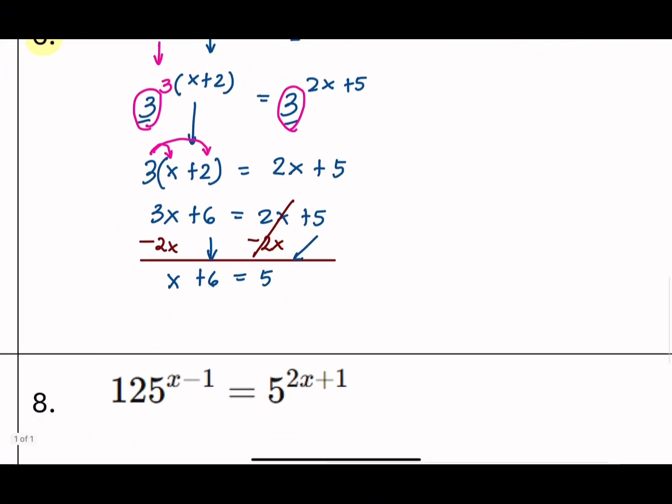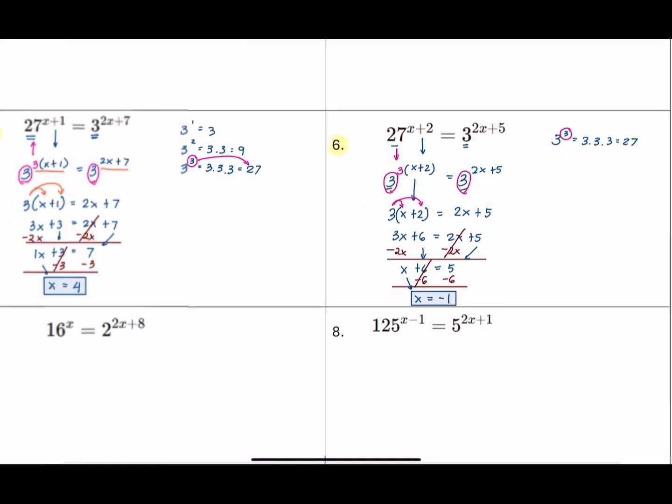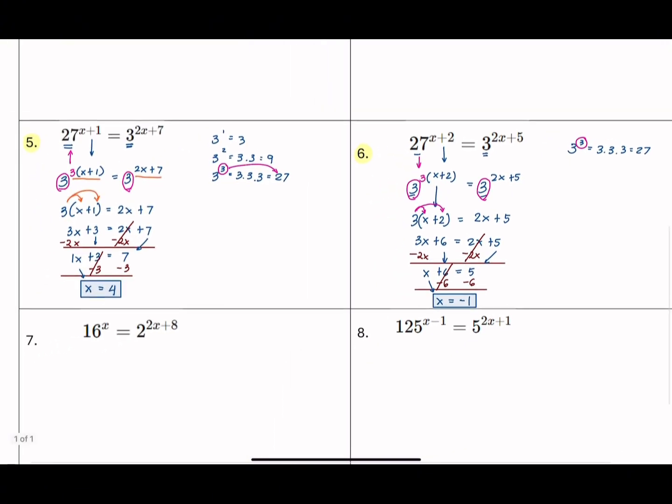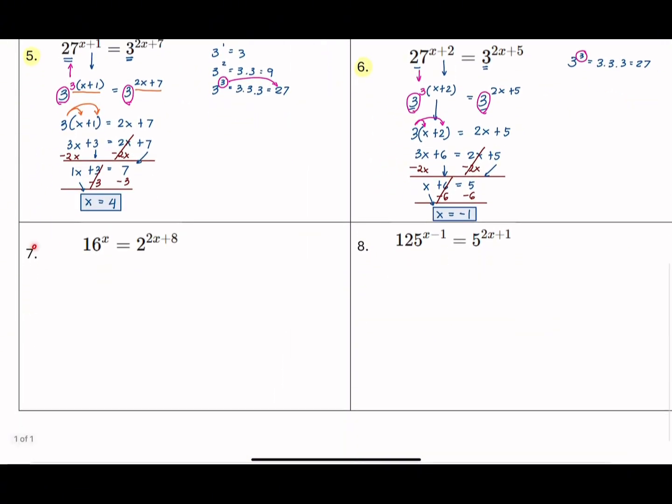I need to cancel my 6 here, so positive 6, the opposite is negative 6, so I'm going to subtract 6 on both sides. Cancel. I'm going to bring down x is equal to 5 minus 6, which is just negative 1. So that's the answer here: x is equal to negative 1. So that's it. Try to answer number 7 and number